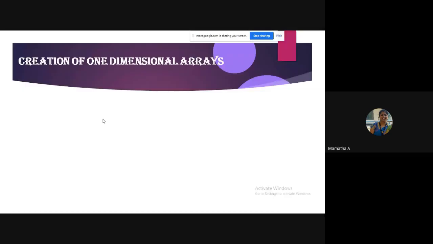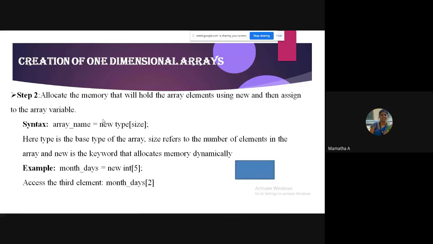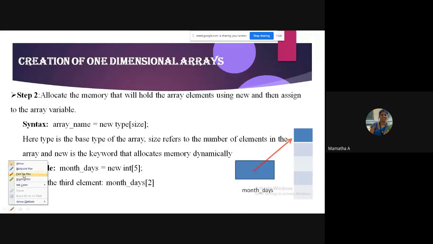So it is similar to C. There is nothing special about accessing the elements in the array. The first element will be at index 0, the second at index 1, the third at index 2, then 3, and then 4.